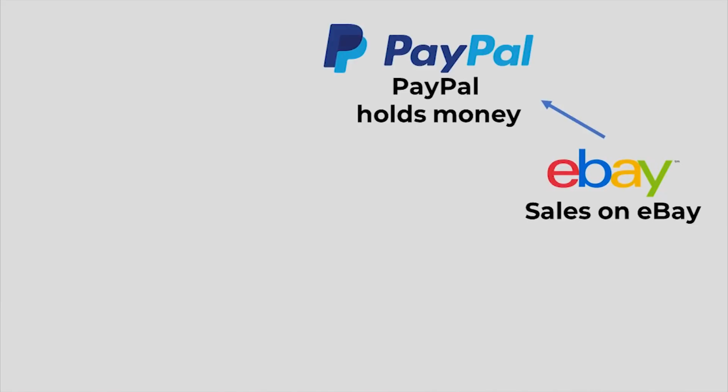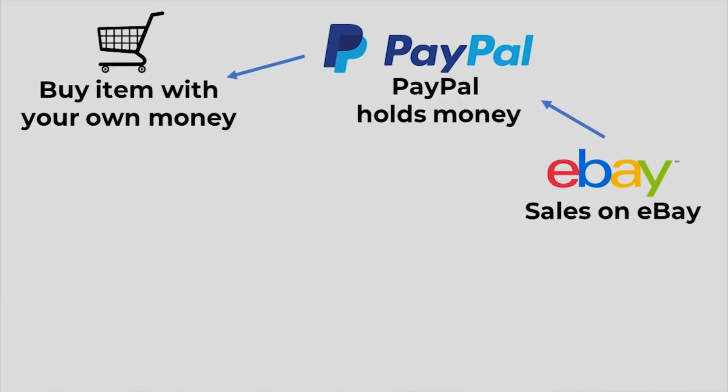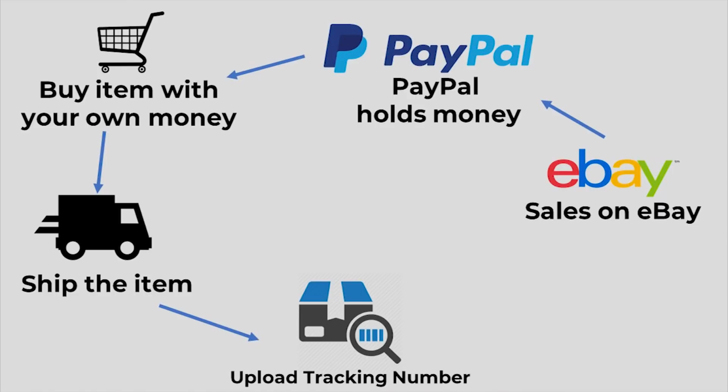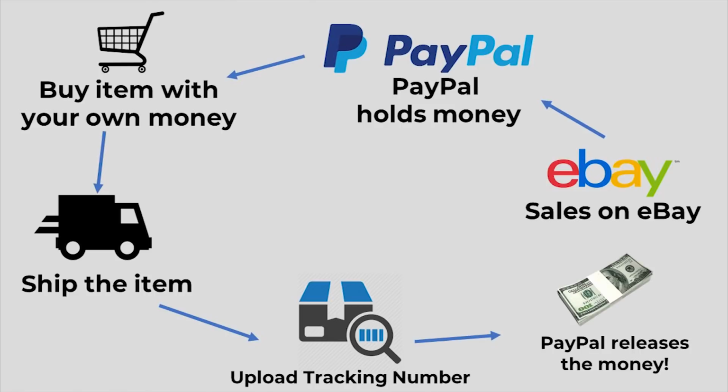So what that means for you is that you need enough money in your bank account or enough credit on your credit card to buy the item from like Walmart.com and have it shipped to your customer before PayPal releases the money to you. So this is the way the timeline works. You get a sale from eBay, PayPal holds onto the money, you use your credit card to buy the item from, let's say, Walmart.com and have it shipped out to your customer. You upload the tracking number and then it shows as delivered, and then PayPal releases the money to you, and then you can use that money to pay off your credit card